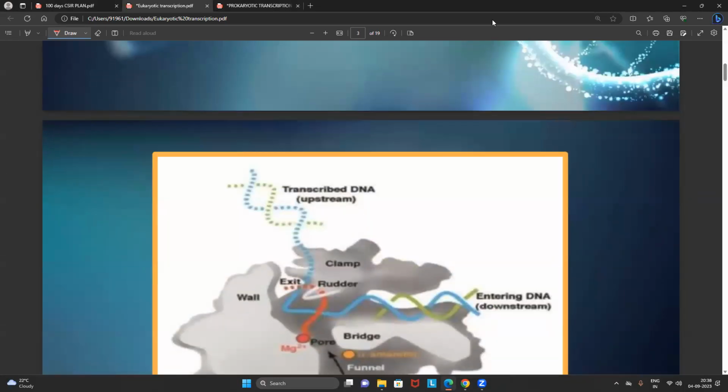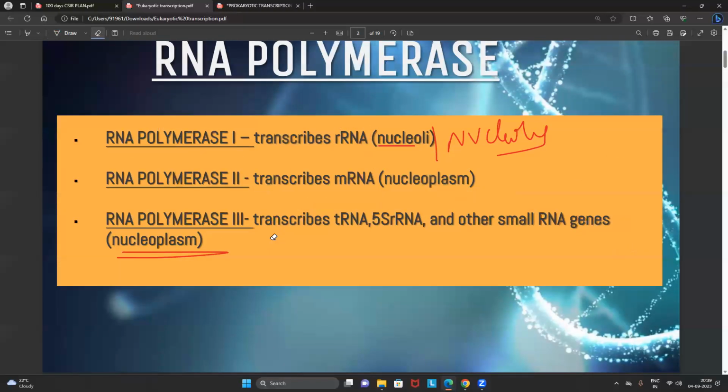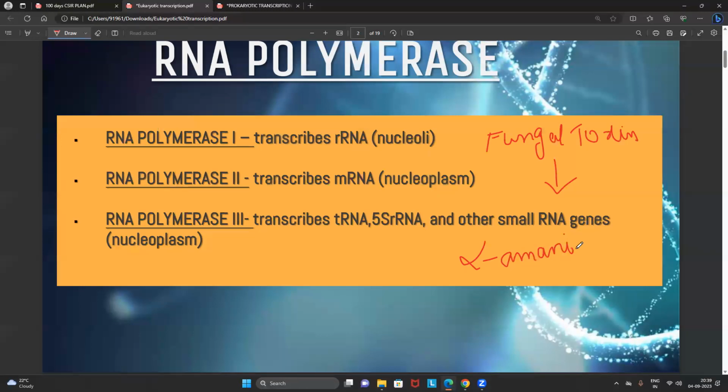All the students, please listen to my statements very correctly without having a confusion. This is also a question that they will ask in the exam, and this is also a question which was asked previously. What's the question? There is a name of a toxin which is derived from a fungus, named alpha amanitin. Alpha amanitin is the toxin which is isolated from the fungus, which will inhibit polymerase enzymes. Now, what is the question they asked in the exam?